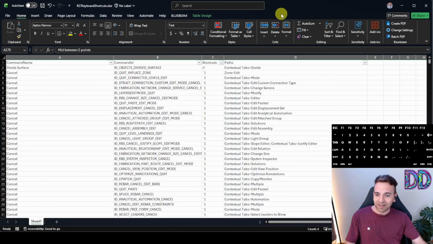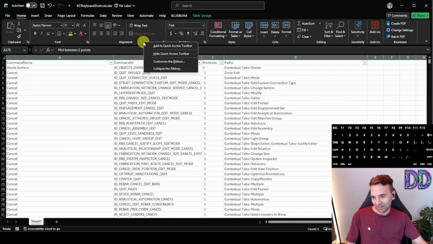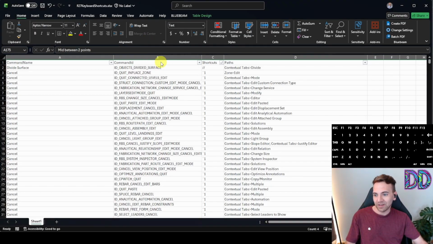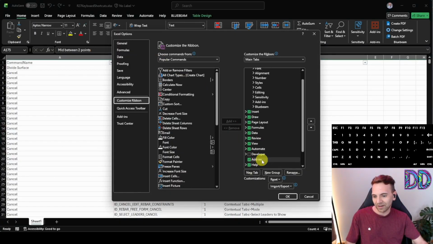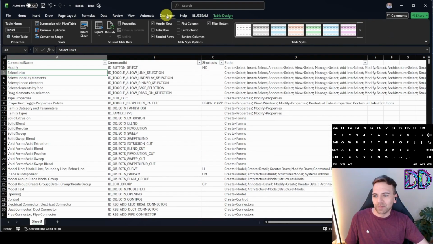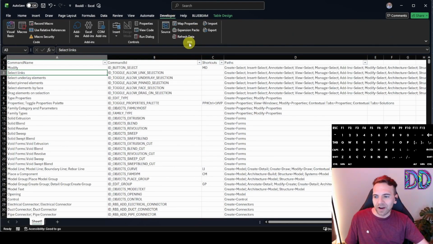And to do that, you need to turn on the developer tab in Excel. So to do that, in your ribbon in Excel, right click, go to customize the ribbon. You'll see developer here. That checkbox, click OK. Go up here, have your XML panel, click export,